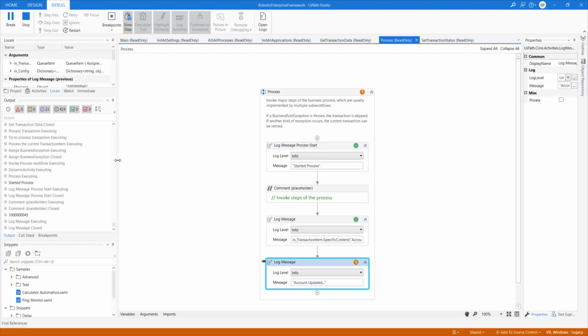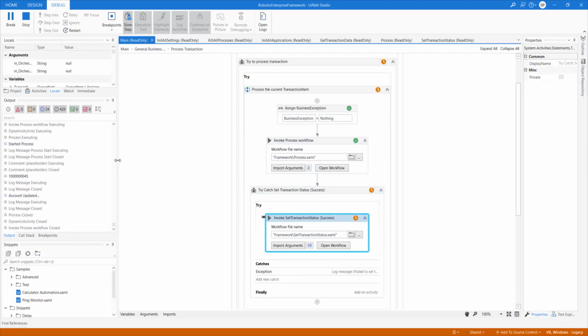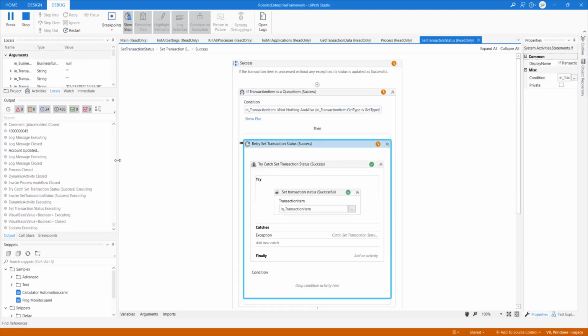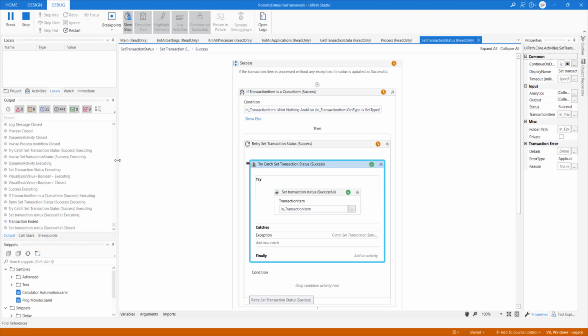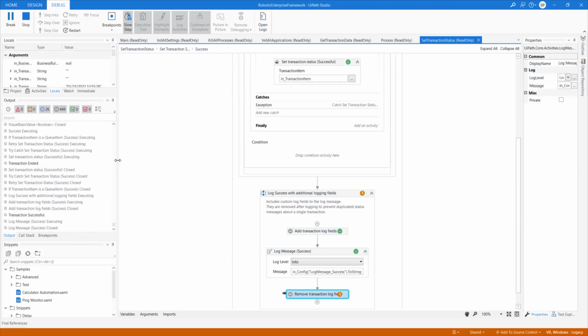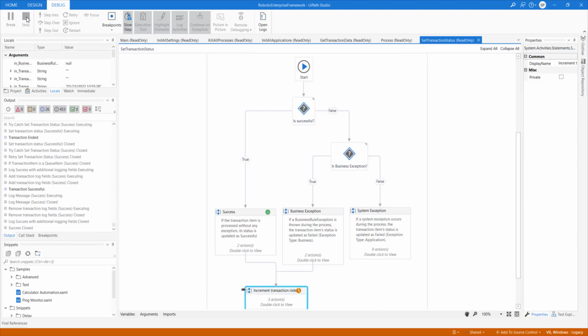So it will print that log account number. You can see that the log account number has been printed there, and account is updated, and it has set the status, and it will keep working until the items in the queue are exhausted, right? So let me stop it.